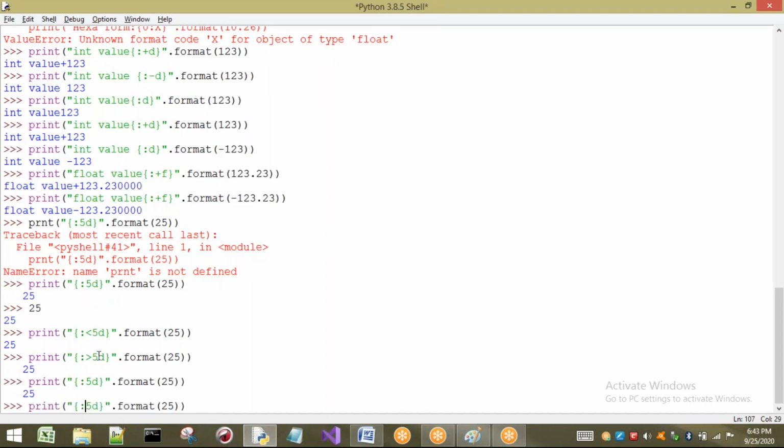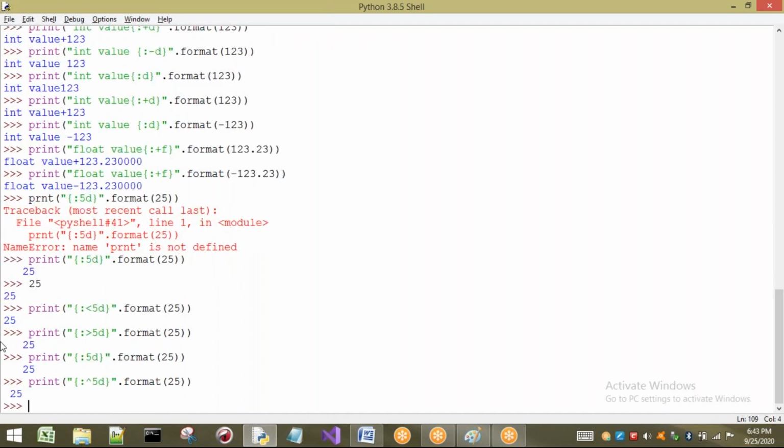For center, I have to use the caret symbol. Here I will select 1, 2, 3, 4, 5. Total 5 values should be there and it is center aligned. If we divide 5 by 2, we cannot get an exact value, so it takes 1 on the left side and 2 on the right side.